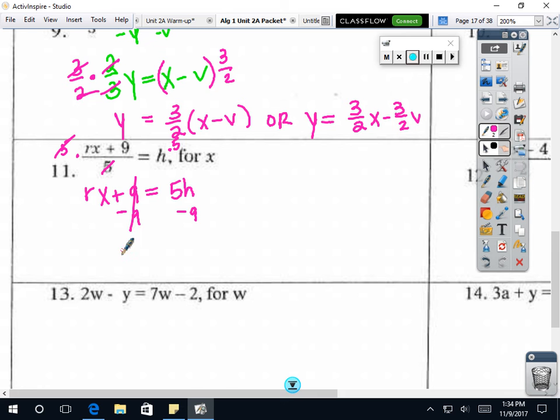And so those cancel, leaving Rx. And then on the right, you can't actually subtract those, so you just rewrite it. And now to solve for x, we divide by r, so x equals